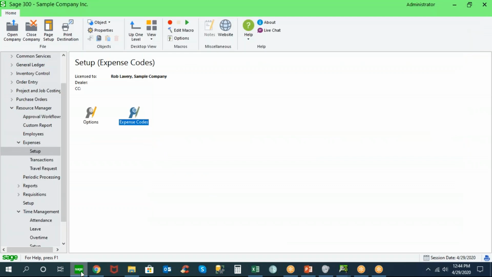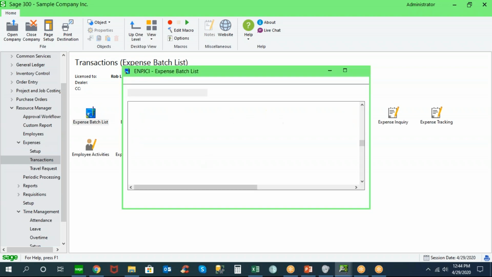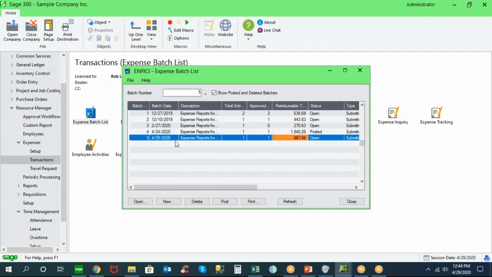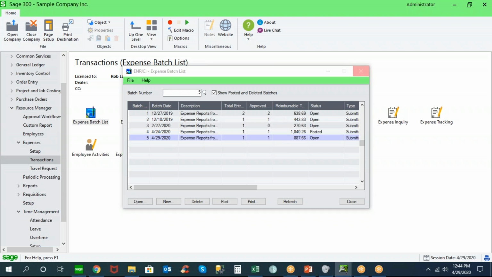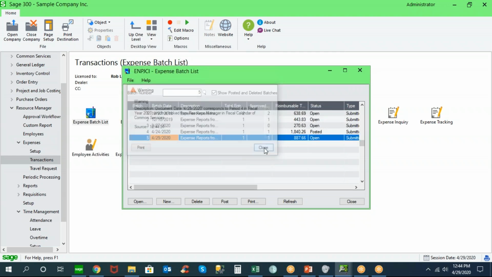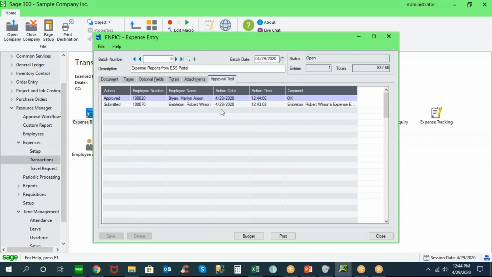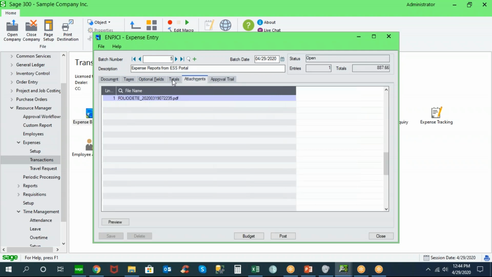and now it's set up in Sage 300 as an expense batch. So when I go to the expense batch list, I will see a transaction batch for today's date. It tells me that it's coming from the ESS portal, and all of the transaction details that were recorded in the portal are now recorded in Sage 300 with no limitation. So the approval audit trail with the comments, the date and the timestamp, the attachments for the hotel receipt,